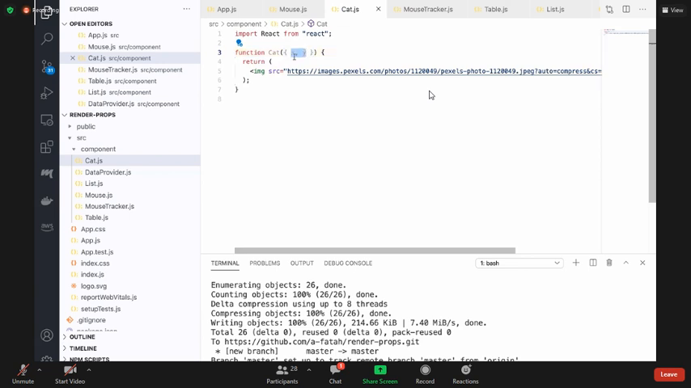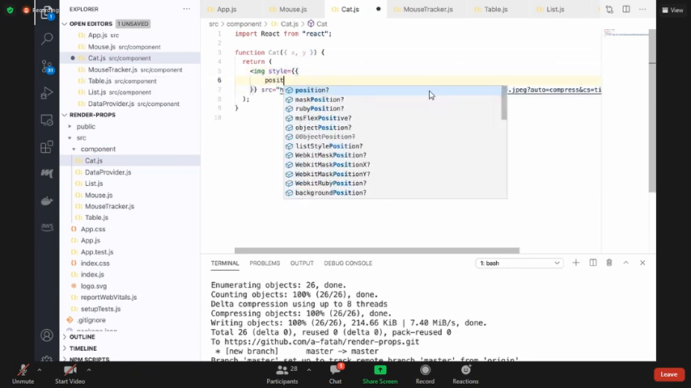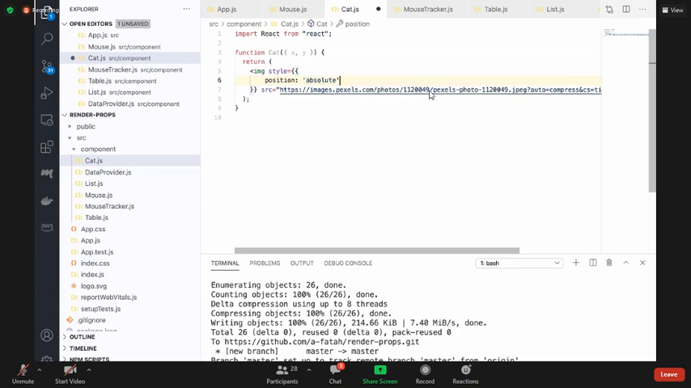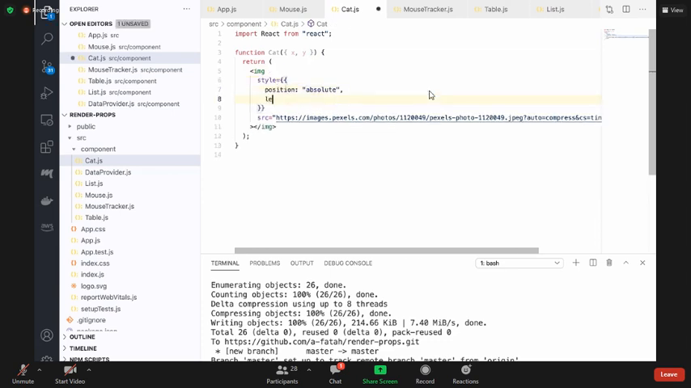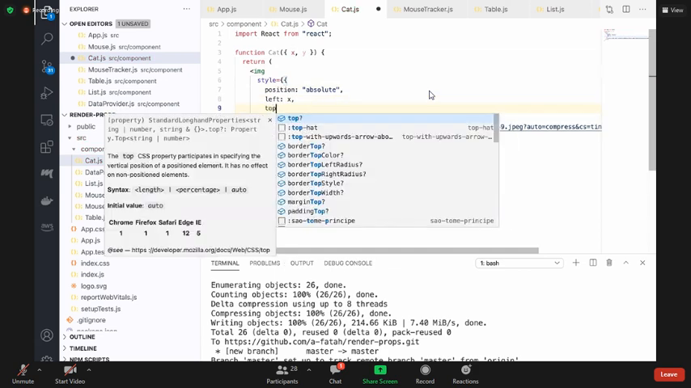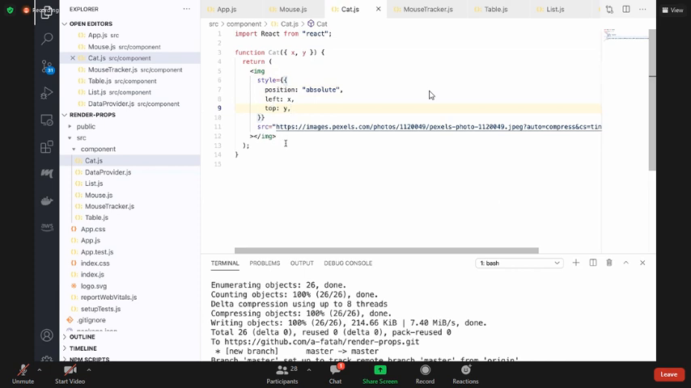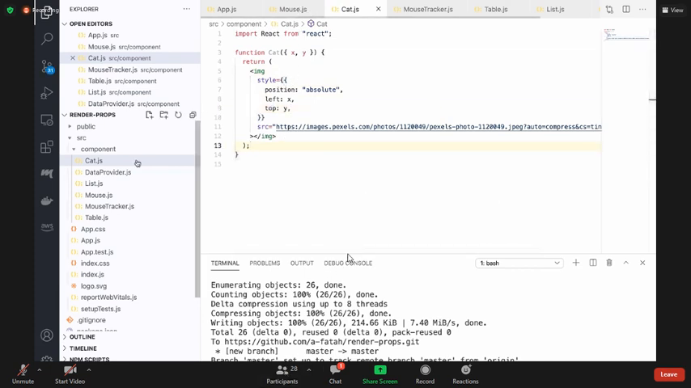ठीक है, एक्स वाई, और स्टाइल पोजीशन एब्सोल्यूट, लेफ्ट आपका होता है एक्स, टॉप वाई। ठीक है, अब कैट को हम करके देखते हैं रेंडर।